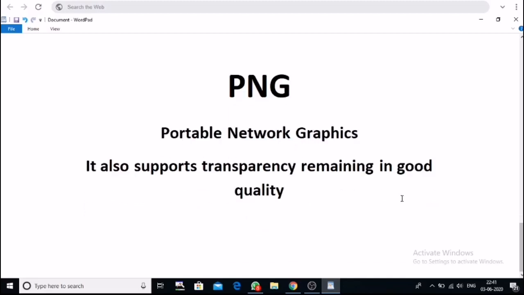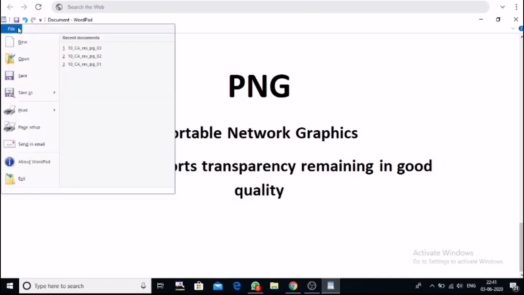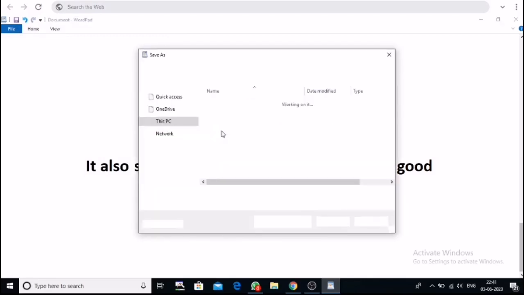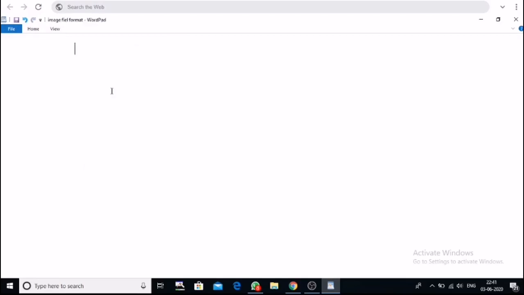Now, next, after this, let me save it first, I want to start the image align attribute, but I think I will cover that in the next lesson.